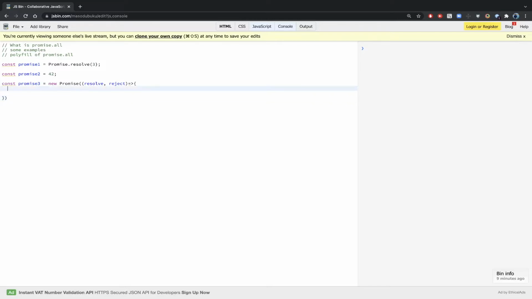Now let's say I'll have a timeout here, and I'm giving this resolve to this setTimeout with a delay, and the return value should be 4. Okay, now we have 3 promises.